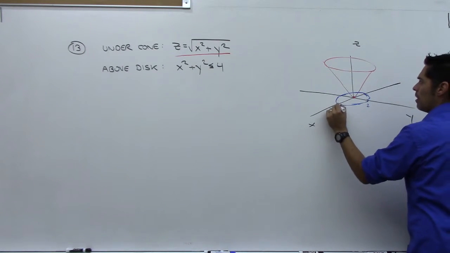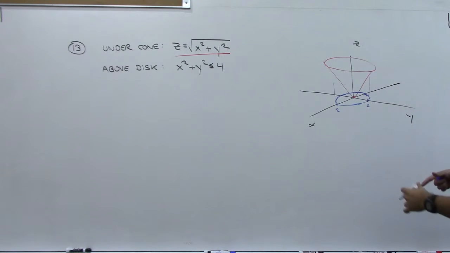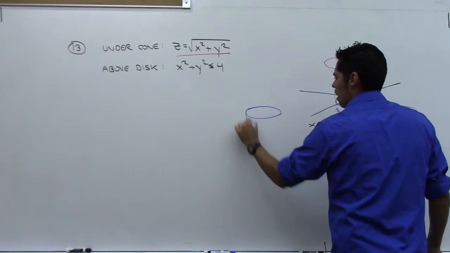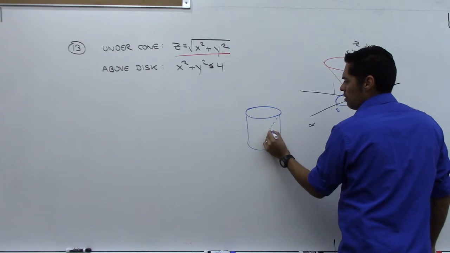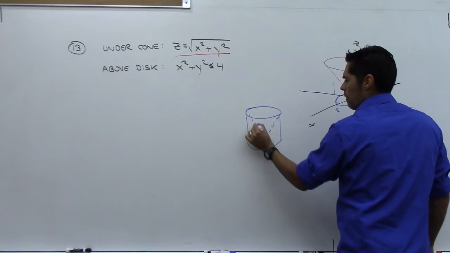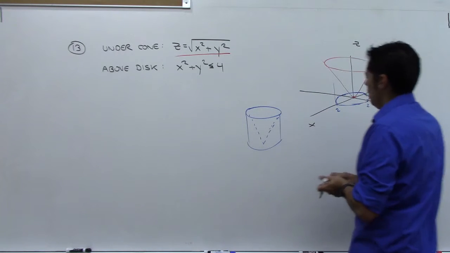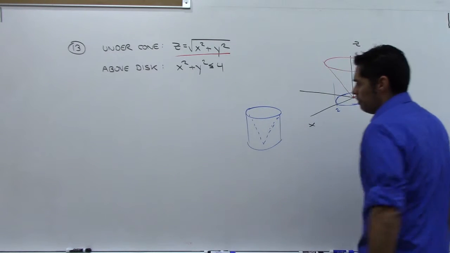And what we're doing is we're going up in here and we're trying to find the volume down below the cone and above this disk. So it's going to look something like this, like my solid. It's kind of like this, but there's a cone inside, so it's kind of hollowed out on the inside, and trying to find its volume. So,